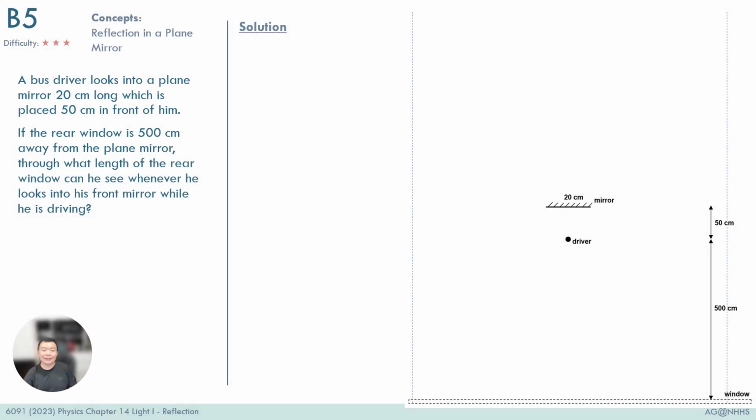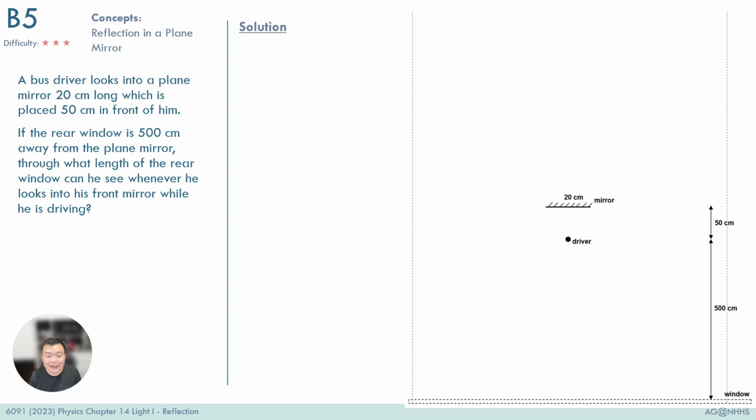This is a question on reflection in a plane mirror, and is a slightly different variant of the question on what is the minimum length of the mirror needed for you to see the full picture. Now in this question, you are given that the mirror is only 20 cm, and you're asked how much of the object can you see. The object in this case is